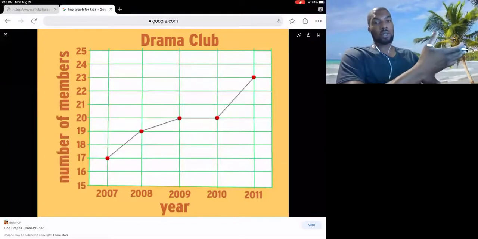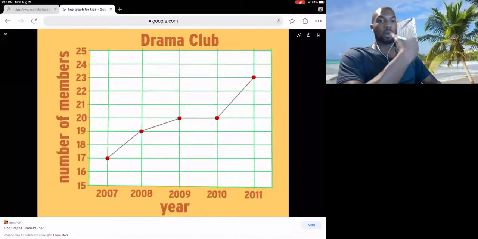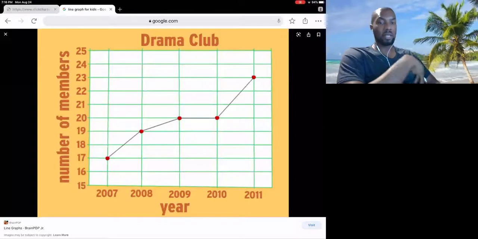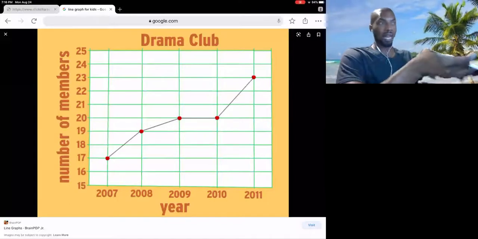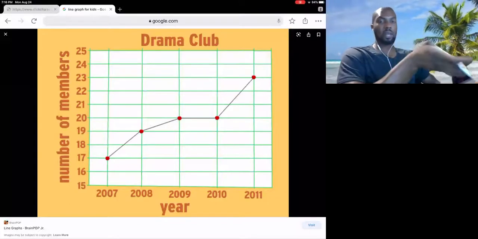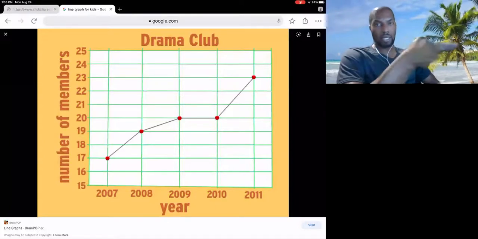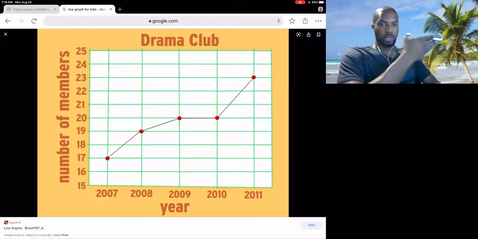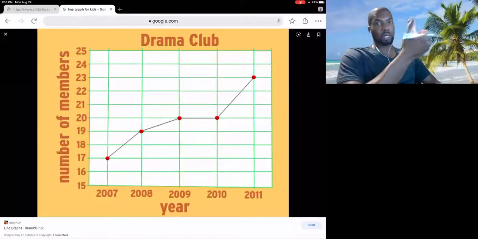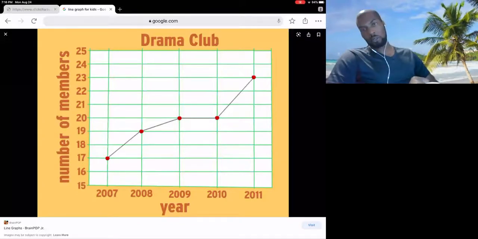So all I would need to do is say, all right, how many more is 20 compared to 17? Well, 20 minus 17 is 3. There are 3 more members in the year 2009 than there are in the year 2007. Simple, right? If I asked you, how many fewer